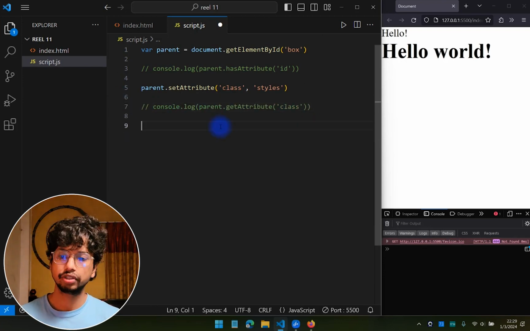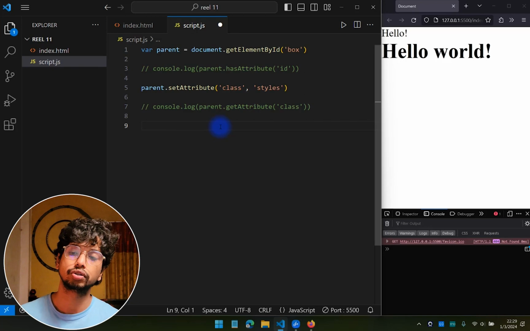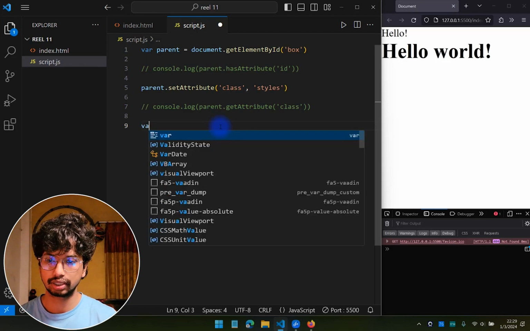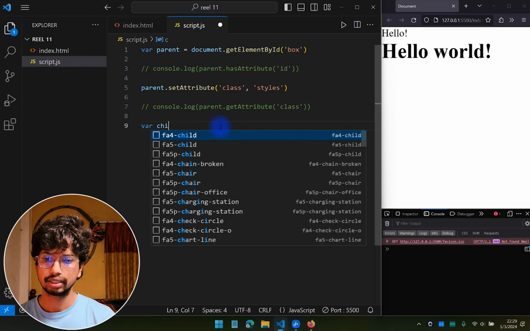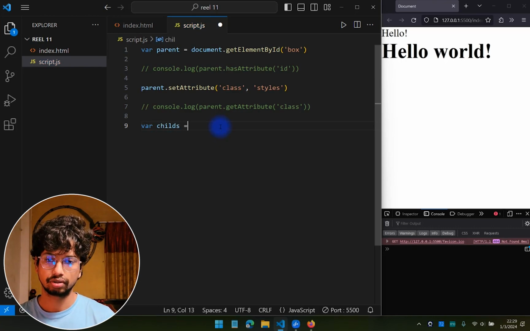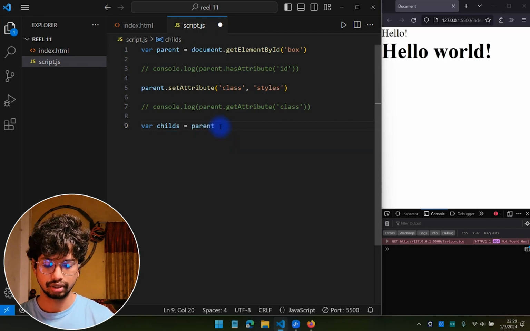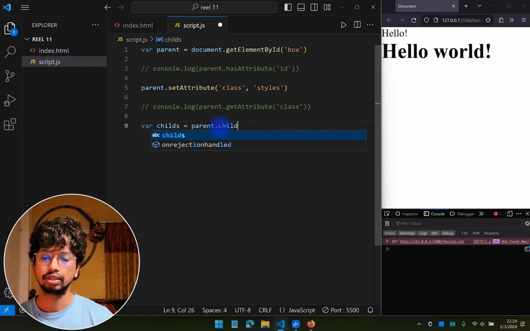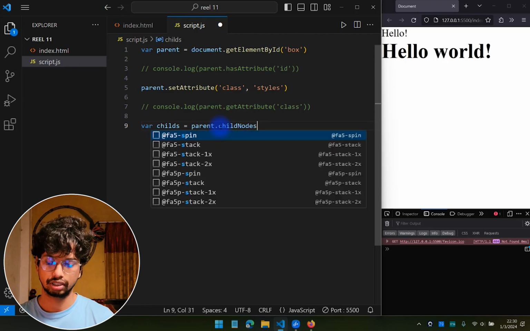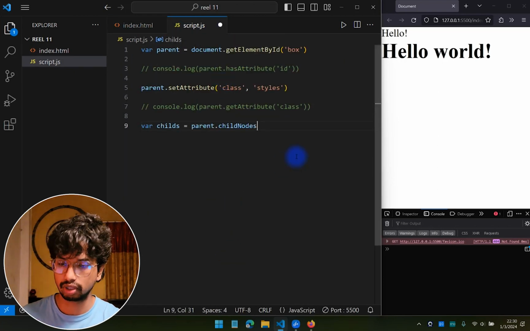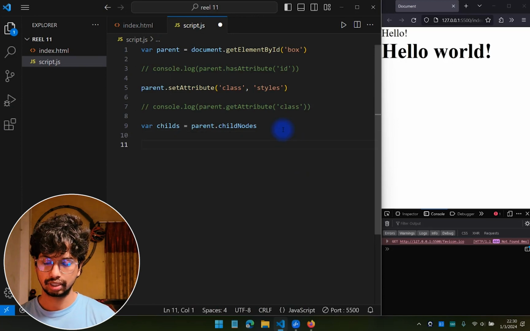If we just wanted to see which child nodes this div or this element has, we can do that easily. We can just say new var child equals parent dot child nodes. We just say that our child is going to be parent's child nodes. Whichever child elements this box has, it's going to give me those. Let's see how it looks. If we now console log this child,